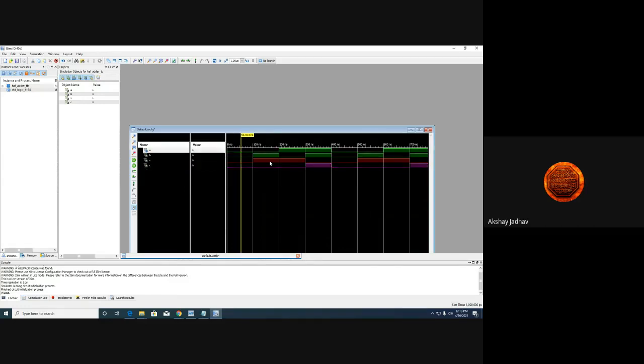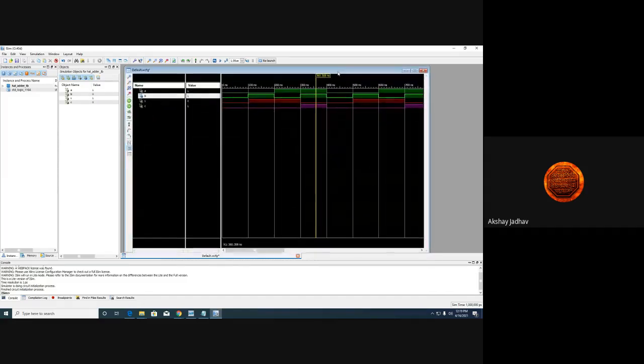So now for 0 0 it is this, for 0 1 it is 1 0, for 1 0 it is 1 0, and for 1 1 it is 0 1. Are you getting it? In this way your half adder is going to work. So this is what you need to do under this.